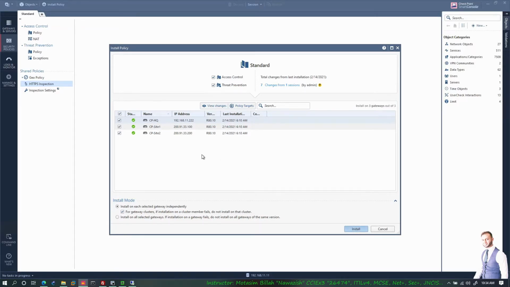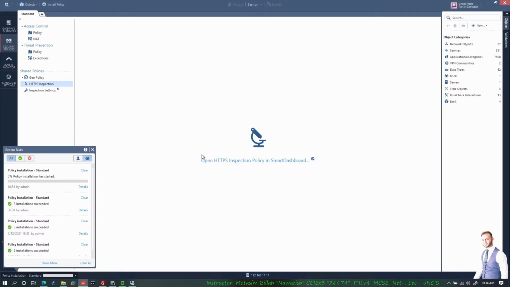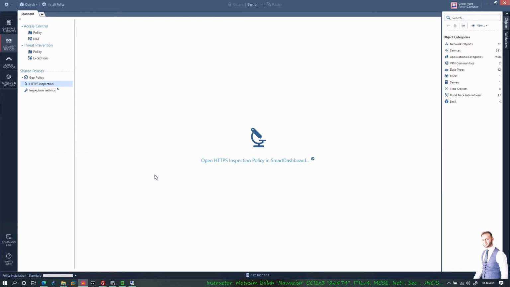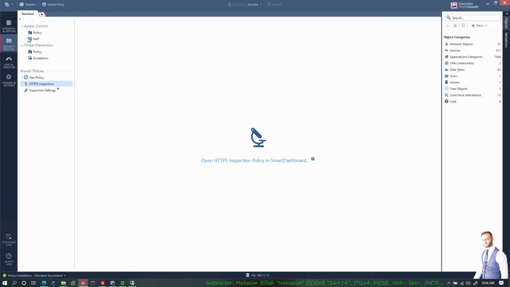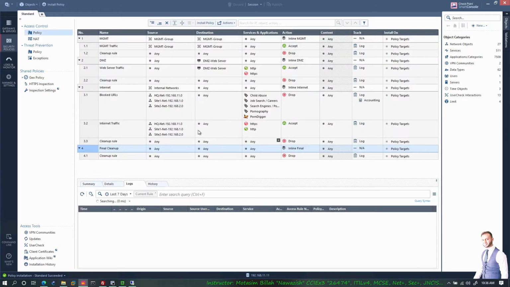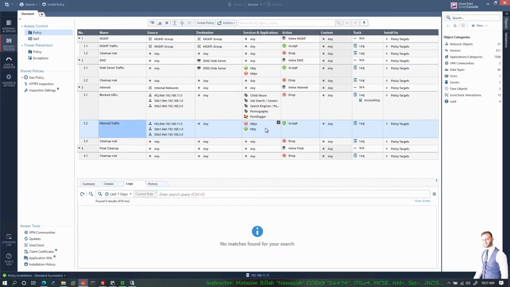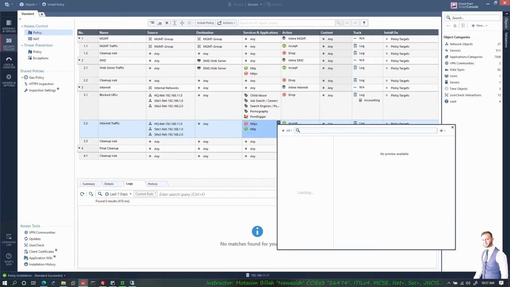Install. So I need to make one more change. If I come to the policies, I changed this internet traffic from any to only HTTP and HTTPS. So I also need to allow DNS here